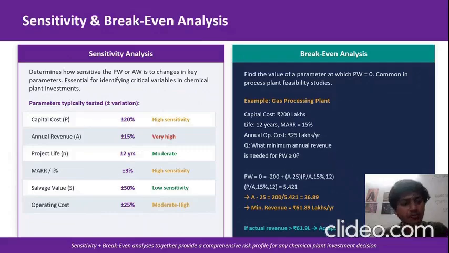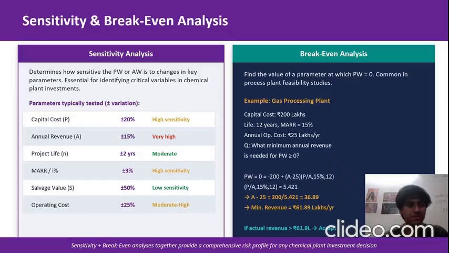So in this slide, I'm going to focus on handling uncertainty in chemical engineering projects using sensitivity and break-even analysis. In real-world projects, parameters like capital cost, revenue, operating cost, and interest rates are not fixed. They can vary due to market conditions or technical factors. Sensitivity analysis helps us understand how changes in these parameters affect the overall project outcome, such as present worth or annual worth. For example, if we vary the capital cost by plus or minus 20%,